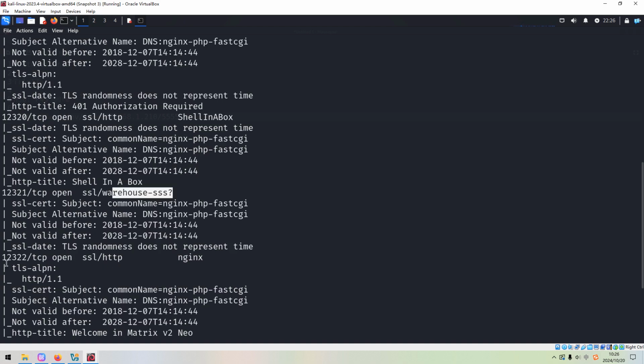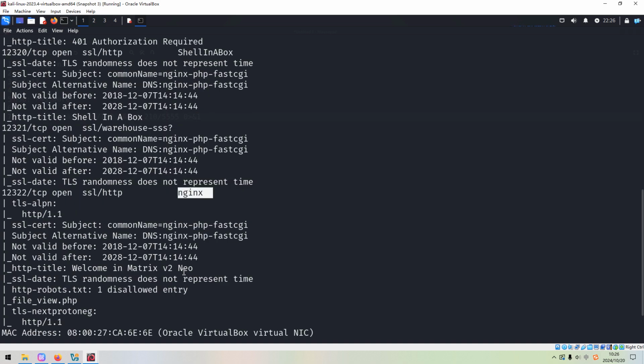And the last one is 12322, which is also running HTTP or HTTPS, and the version is Nginx. Here, this site has a robots file available, which contains one disallowed entry. Afterwards, we need to check it out manually with the browser.